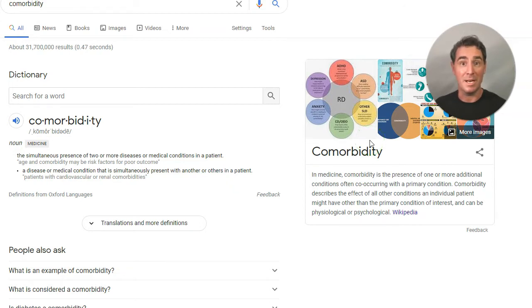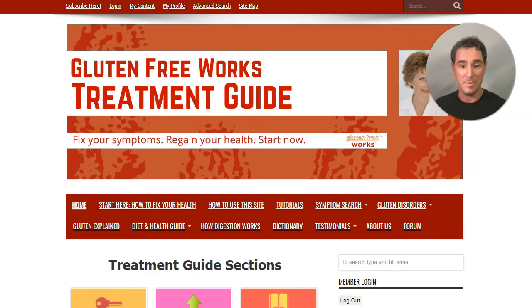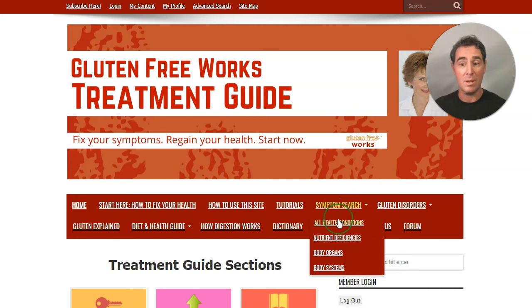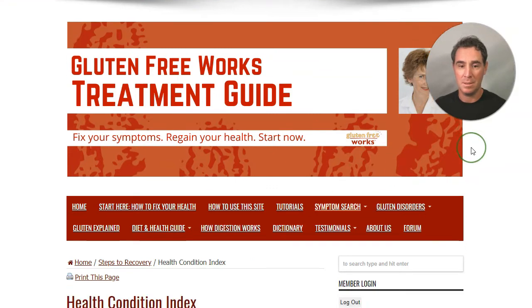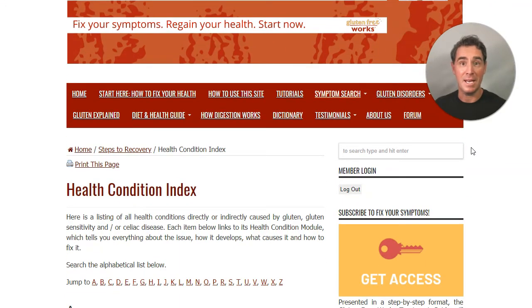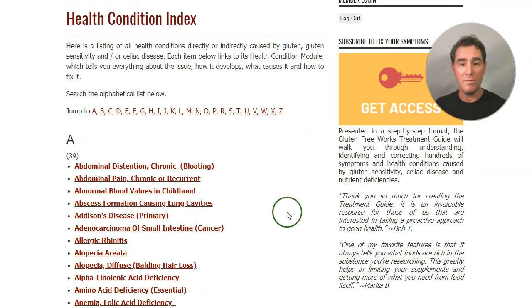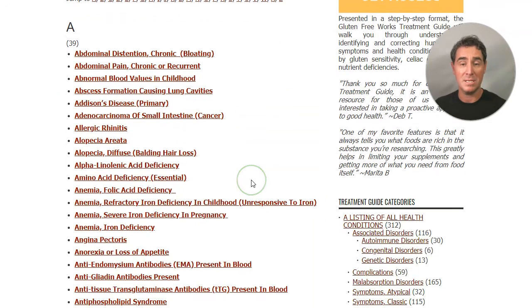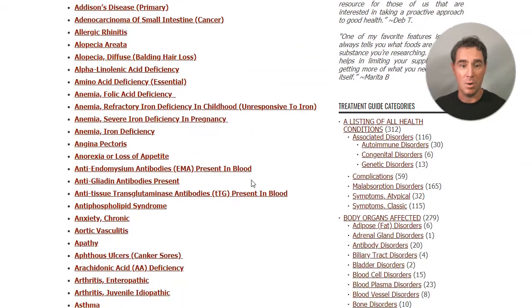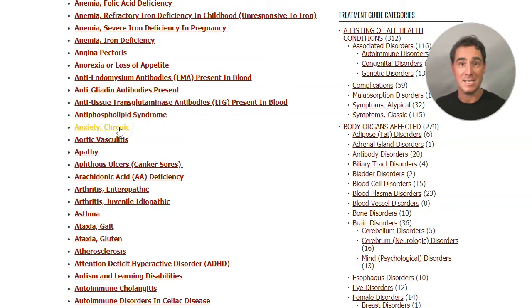Let's look at some comorbidities a little bit closer. To do that, we'll go back to the Gluten Free Works treatment guide, and we will look under the health conditions. And here we have the health condition index. Now, all of these conditions can be considered comorbidities. So if you have, for example, chronic anxiety, a comorbidity can be physiological or psychological. It can be chronic anxiety. You can have iron deficiency anemia. You can have,